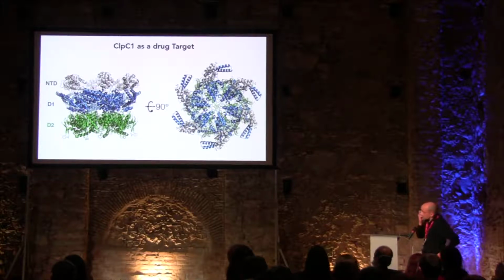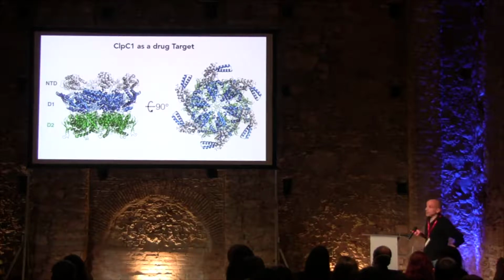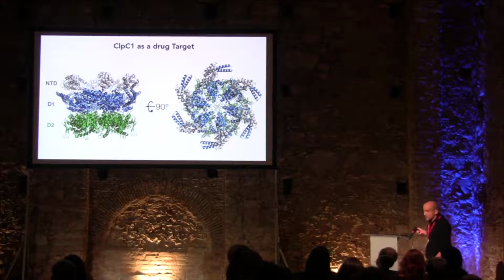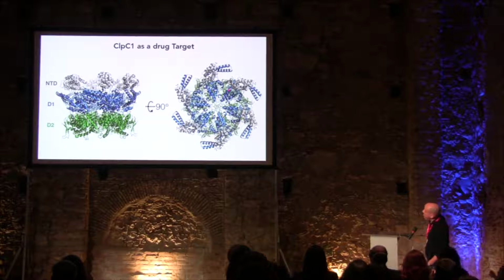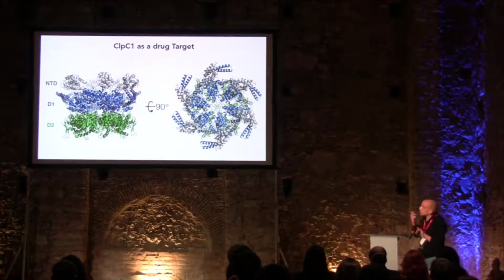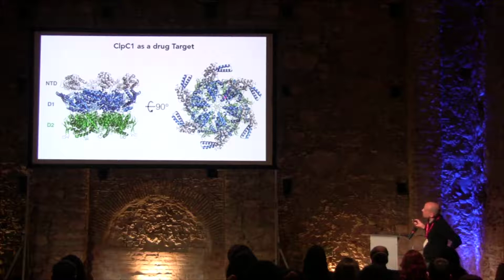What is really important for the rest of the talk is that this NTD doesn't have enzymatic activity, but D1 and D2 are the ATPase sites. So this is where the ATP hydrolysis occurs. These are the sites that generate force, which helps the unfolding of substrates. You can see from this top view that the substrates enter this pore and are pulled like a rope. This force is responsible for the unfolding and for feeding, for injecting this peptide inside of the protease. Then the protease just cuts it.